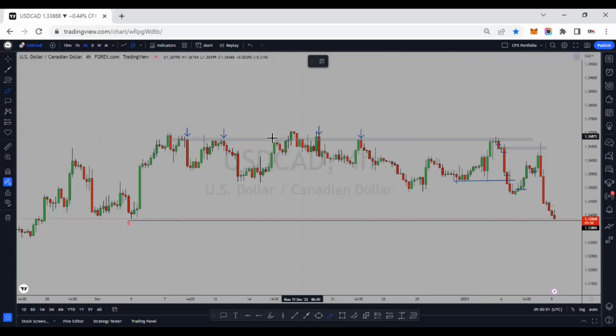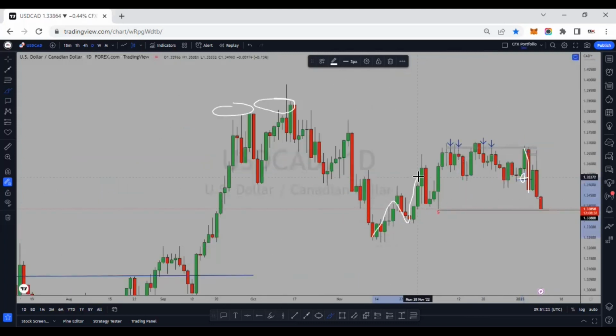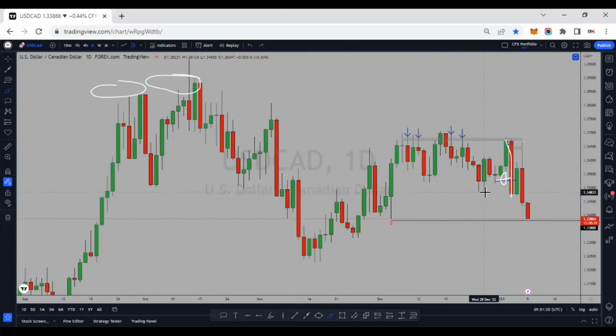All right, guys, we have USD CAD here, and you can see that after the market rejected this level several times, we finally got a push down, which broke below this level, indicating the beginning of a new direction once we broke this structure level. When we check the daily on USD CAD, we can clearly see the market was actually trending up, creating higher highs and higher lows. So this is the time the market has taken a higher low level, and that's an indication that the market is likely to start a new direction.